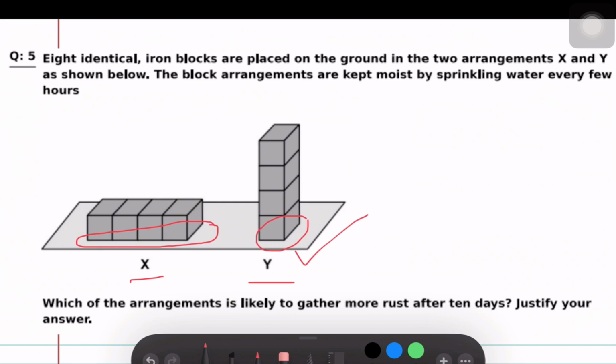In case of X, since the hidden surface area is more, the exposed surface area is less. And since rusting is a surface phenomenon, it occurs on the surface. More surface, more rusting. So obviously, Y will gather more rust after 10 days. Okay,